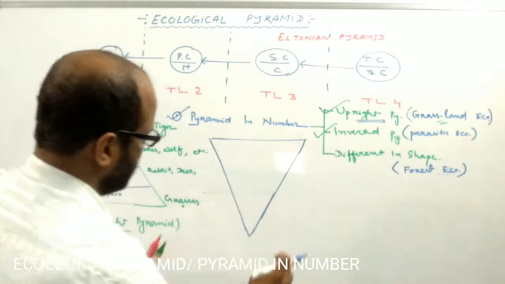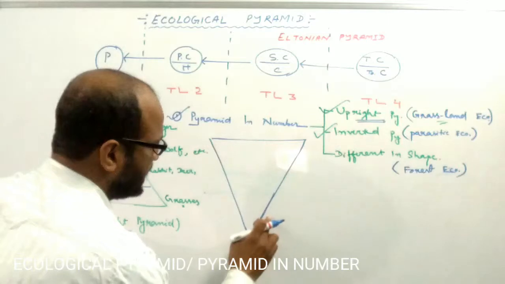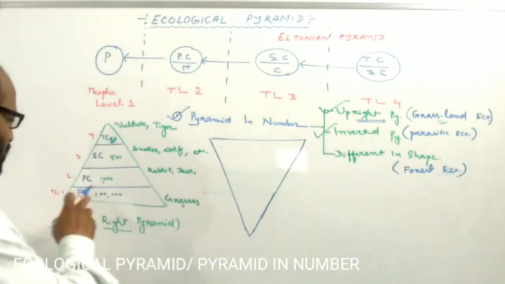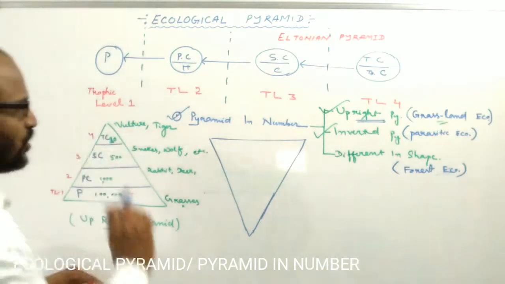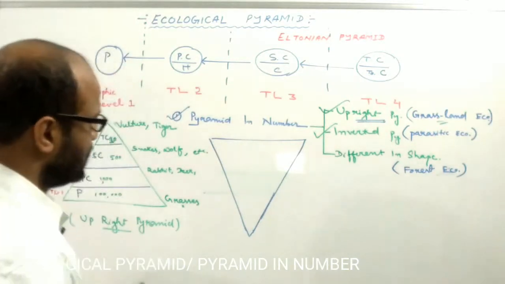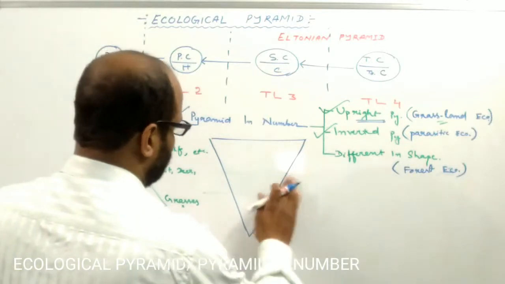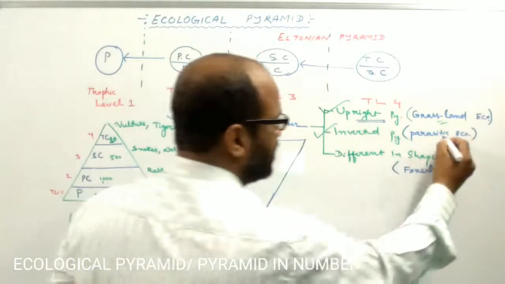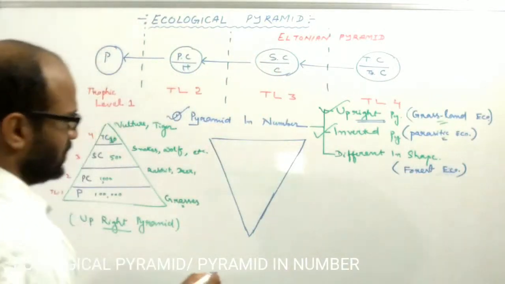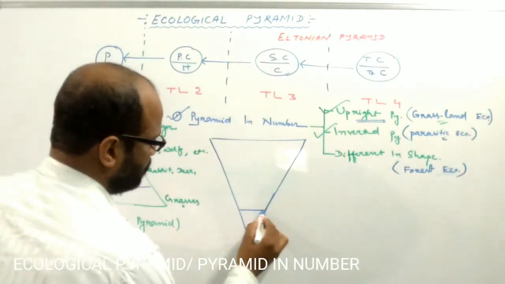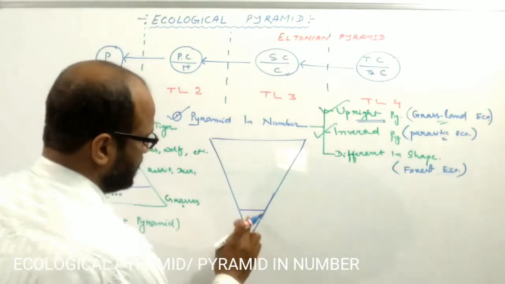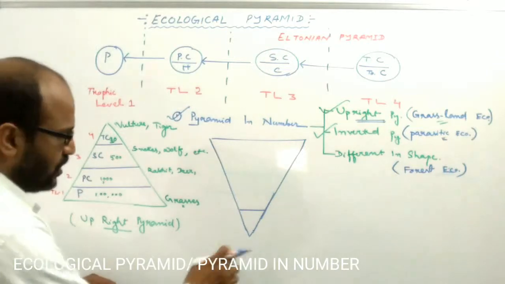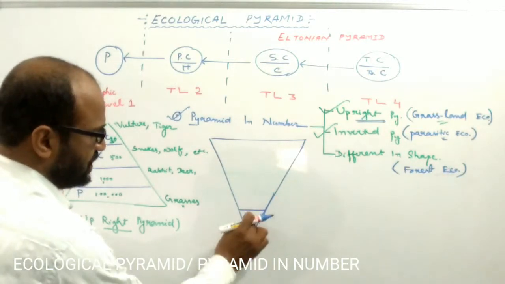This is another type of food chain where we find the gradual increase of numbers from the producer to the top carnivore. And this type of food chain you find in the case of a parasitic ecosystem. And here the producer is present at the apex region of the